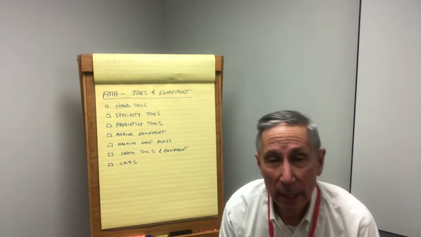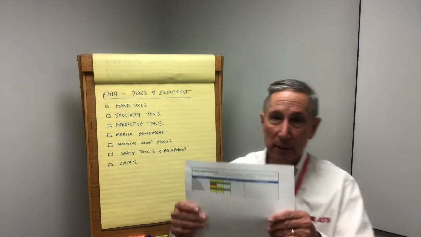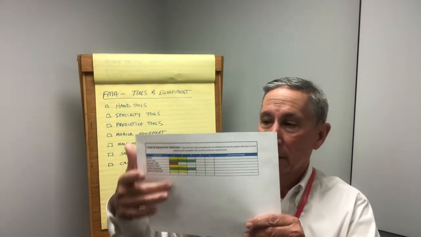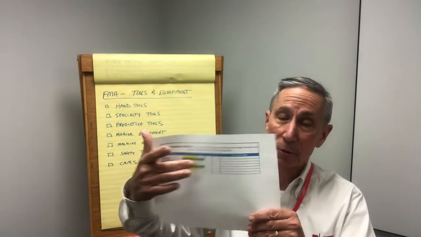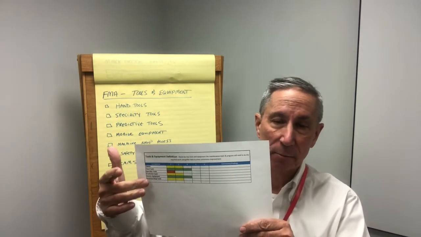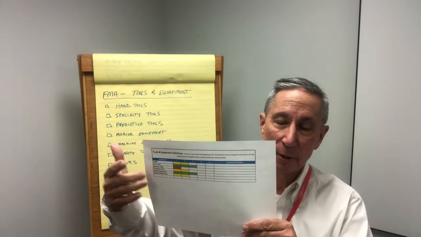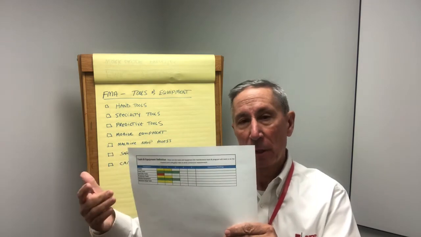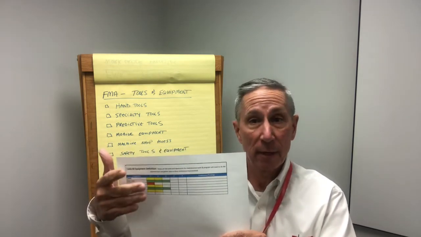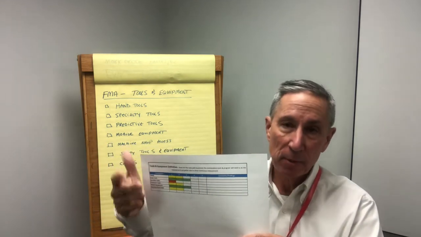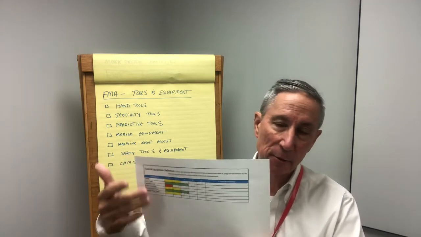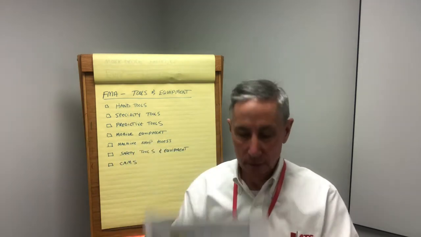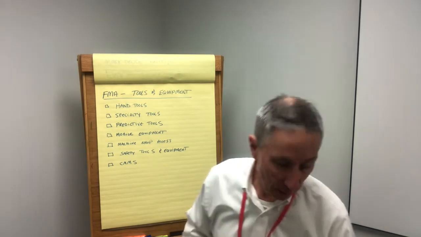Now remember, I talked about in earlier videos, I really like the color coding. I like the 1 through 5 rating. 1 meaning it's in big trouble, with 5 it's really good, and I start with all the ratings being a 3. And a 3 would be okay. If I rate it less than a 3, I've got to explain why. If I rate it better than a 3, I have to explain why. So that's a little bit of the methodology on how we do factory maintenance assessments